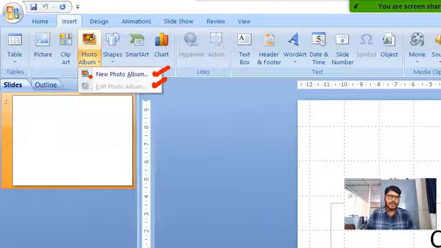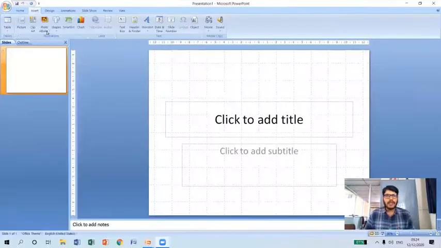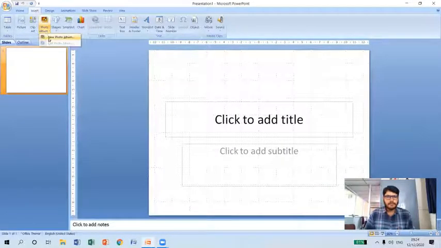Now let me click on new photo album, because we don't already have a photo album prepared in my presentation. That's why we have to create a new photo album before editing.